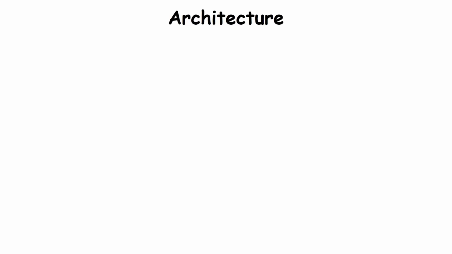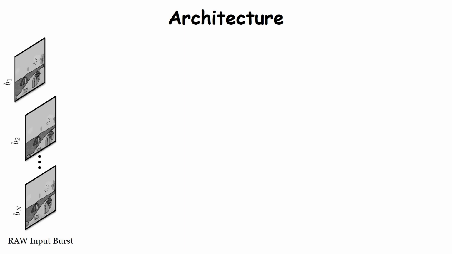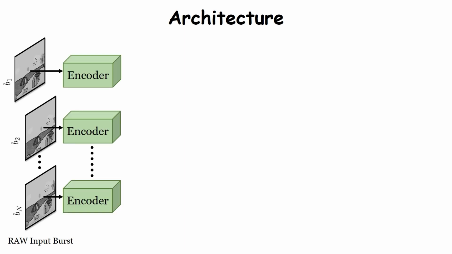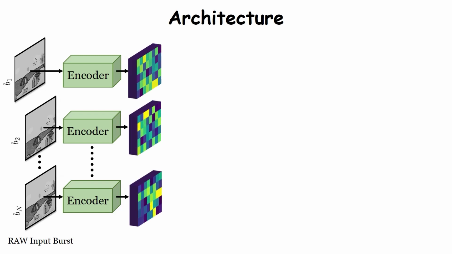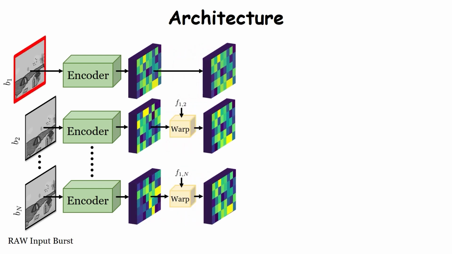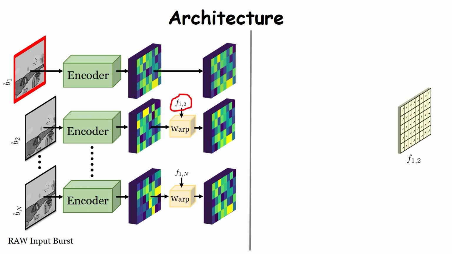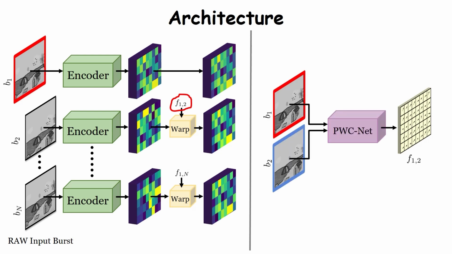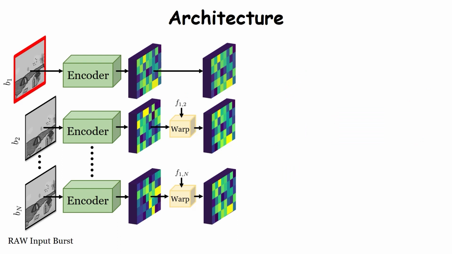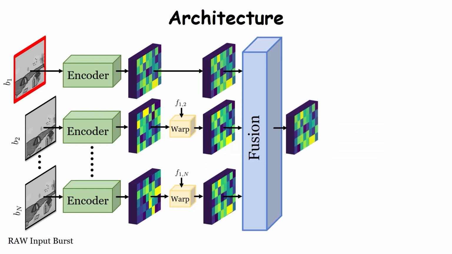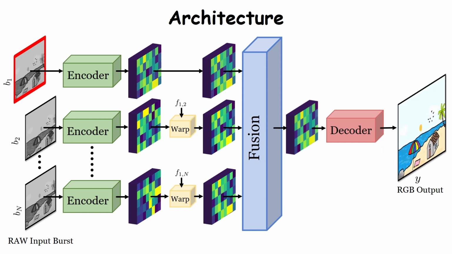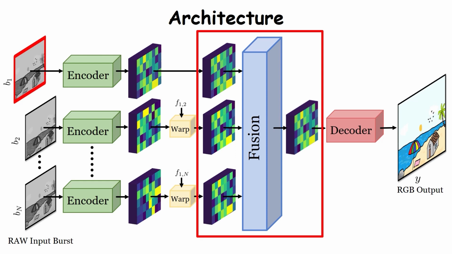Our model takes the raw burst as input. Each image in the burst is first passed through an encoder to obtain deep image embeddings. Next, we align each of the image embeddings to a common reference image in order to compensate for camera and object motion. The alignment is performed by computing pixel-wise displacement vectors between the reference image and the current image using an optical flow network. The aligned embeddings are then merged together using the fusion module and passed through the decoder to obtain the super resolved RGB image. Next, we describe our fusion module in more detail.